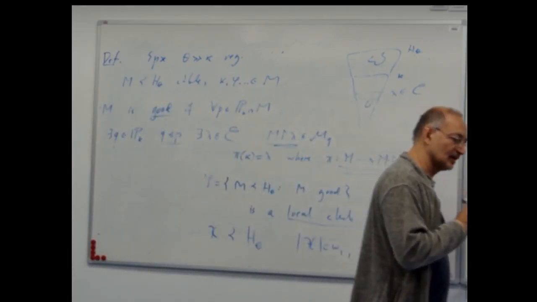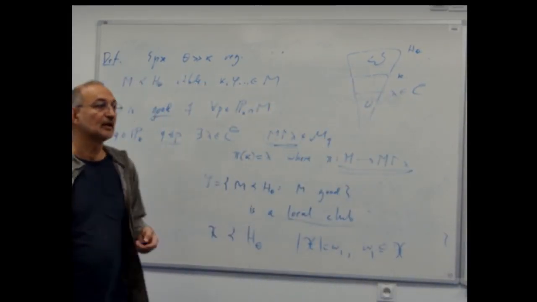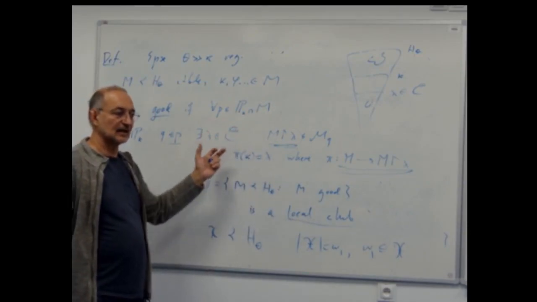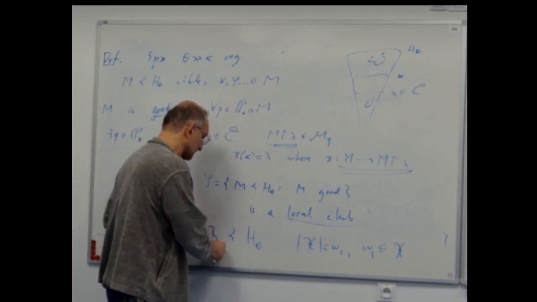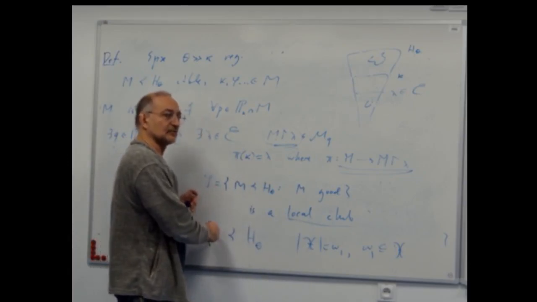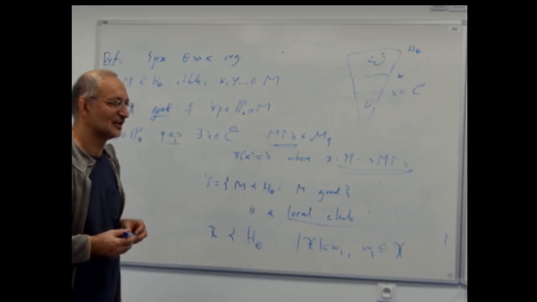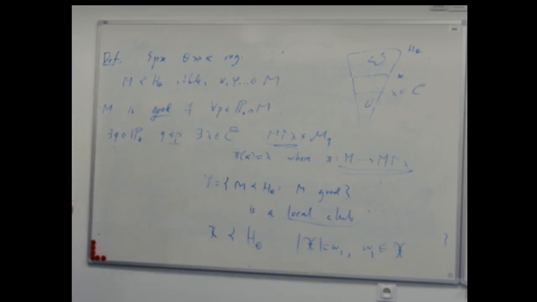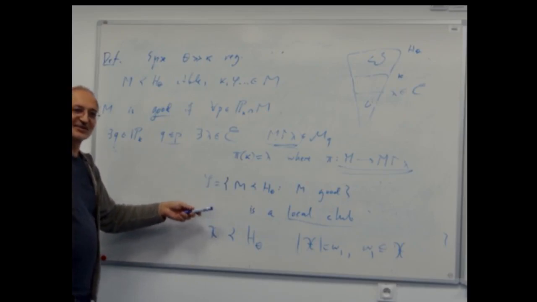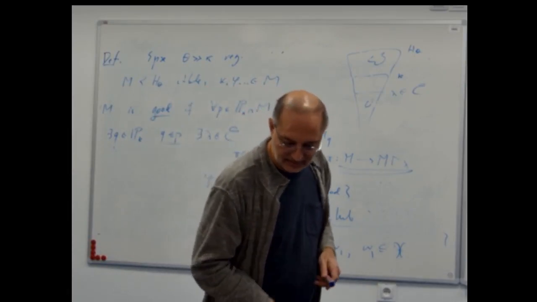A collection of countable submodels of H theta is a local club if for every elementary submodel X of size omega 1, the elementary submodels of X which are in S form a club in X. So you're proving more than projective stationarity. Is it equivalent, or do you need the reflection principle? No, I don't need the equivalence. So we show that this set is a local club.